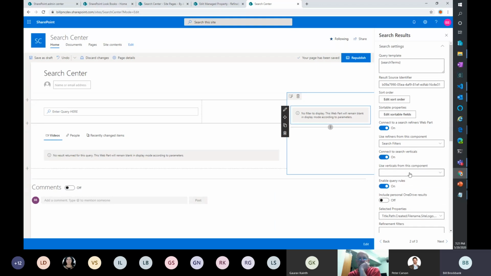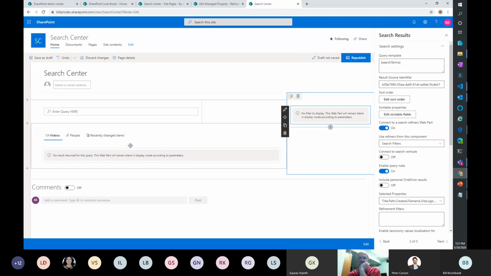Oh, I hit the wrong one. No. What is my, okay. Let's look for a nice word to test. Why is it not working?